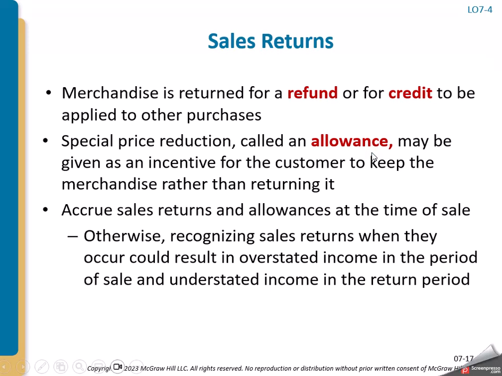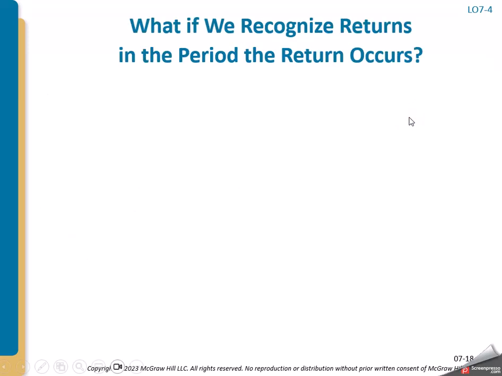Then, if you're selling product, you almost always have to know that some of those products are going to be returned and they're either going to get a credit on their account or ask for a refund. So we will set up an allowance for those customers, and the second bullet point that uses that word allowance, that's saying we will give them an allowance. Like say they have defective material or something's a little bit off with it, we'll give them a break and say, hey, if you keep it, we'll deduct $500 off of what you owe us or something along those lines.